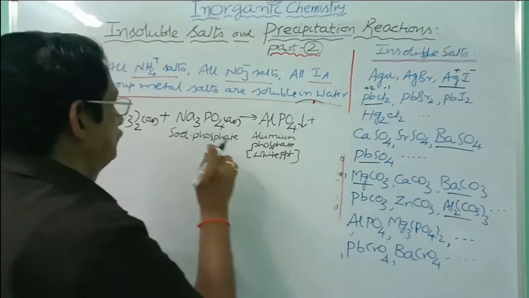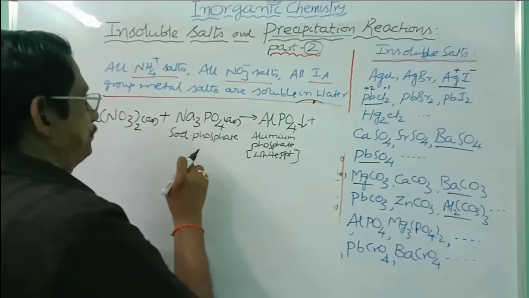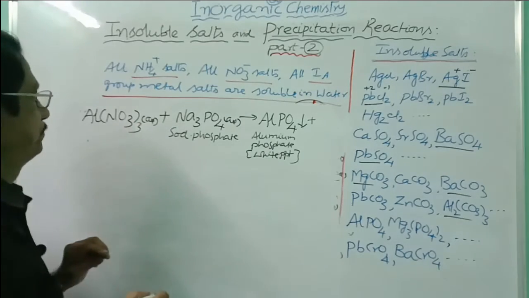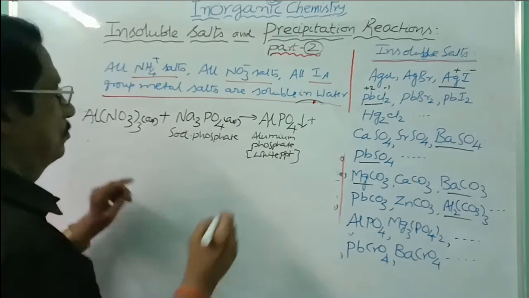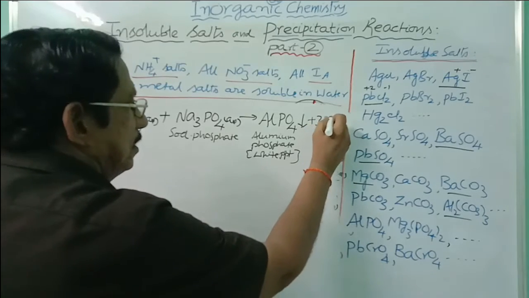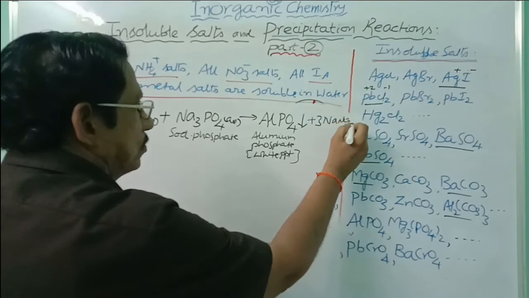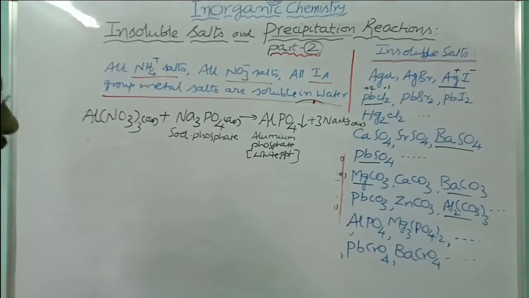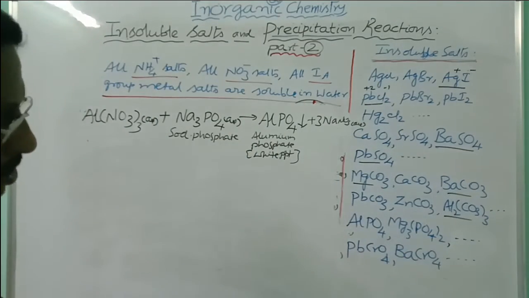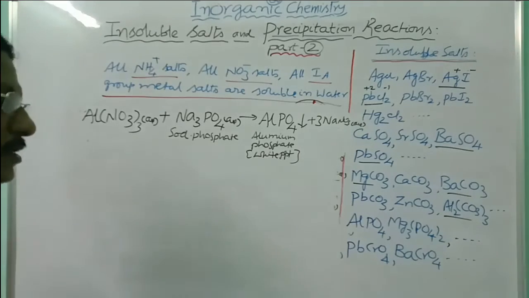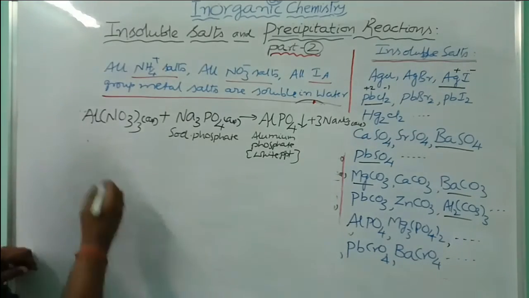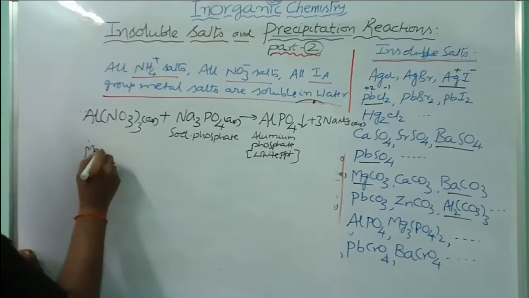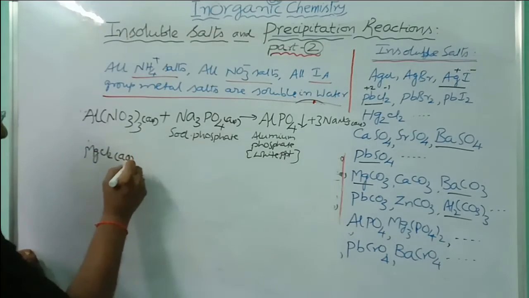What is the other one? Sodium nitrate. Here aluminum nitrate Al(NO3)3. 3Na, 3NO3, you will get here 3NaNO3 soluble in water, that is aqua. Over. Even you can take magnesium phosphate, you can take magnesium chloride, for example, or magnesium acetate, magnesium chloride, aqua,